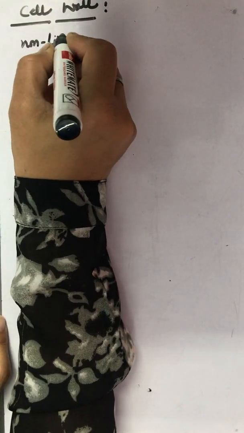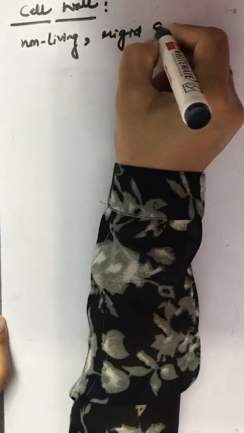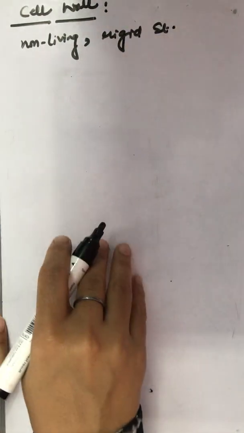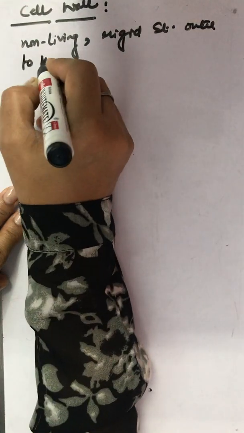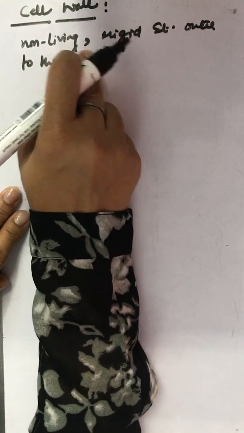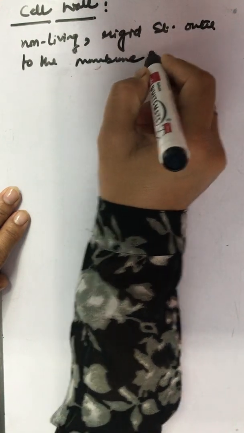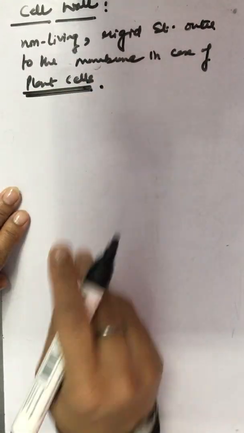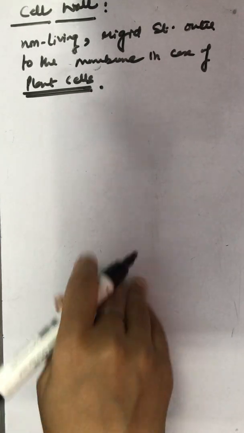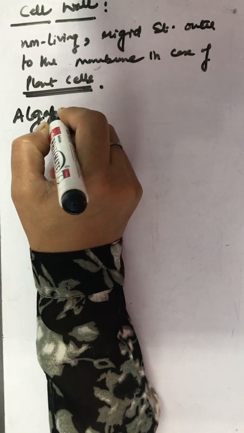So we call it a non-living rigid structure outer to the membrane. Outer to the membrane in case of plant cells, not in animals,